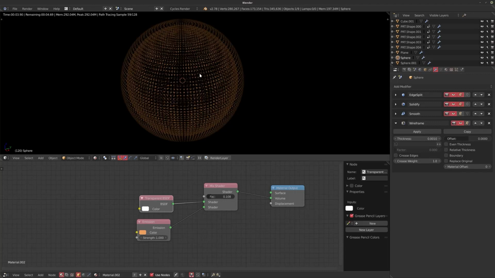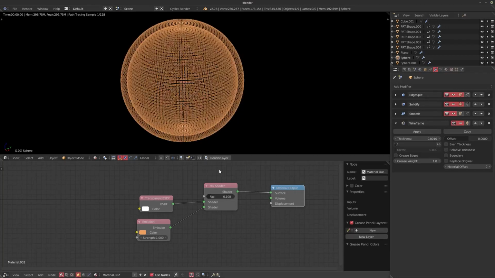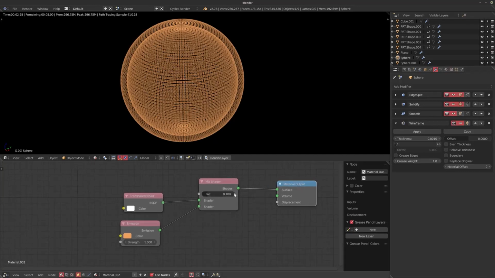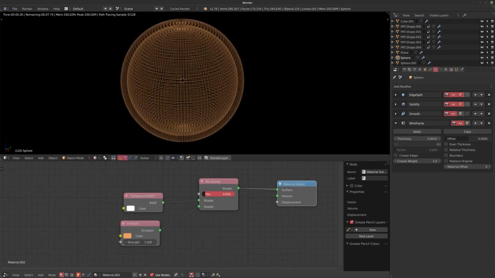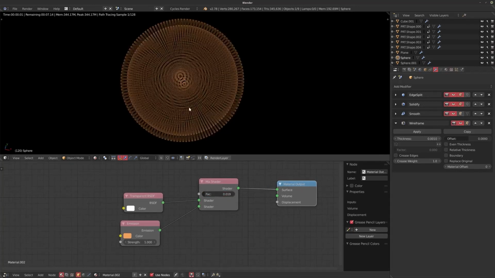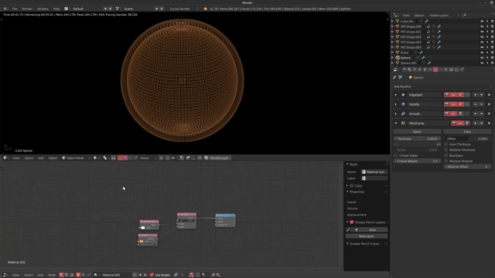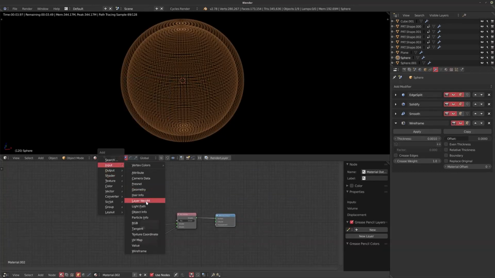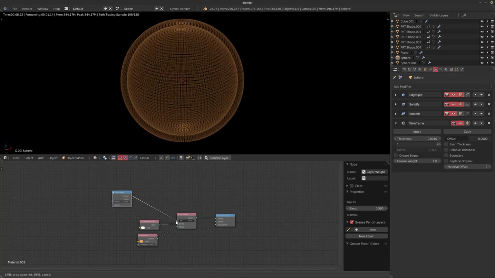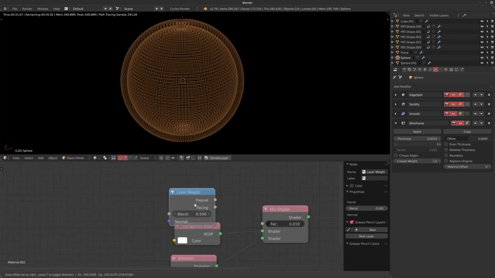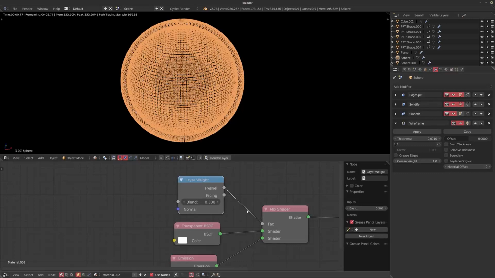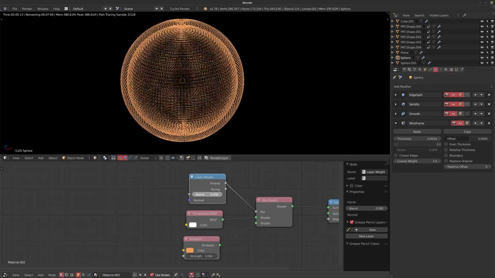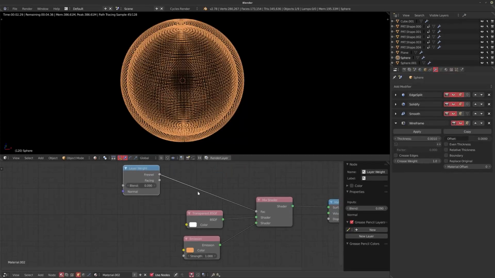Again, it might be interesting, but because we don't have geometry that actually has a volume, because they're simple flat planes, surface can be easier to use and easier to manage. And if you factor it in like this, you get really interesting holographic looking results very quickly. Now, if you wanted to go a little bit further with this, or approach it slightly differently, if you grab a layer weight, which I've done here, and you add a Fresnel in rather than the factor, then if you bring this down, you can get really, really interesting results again.